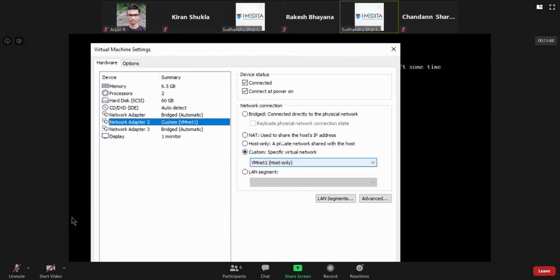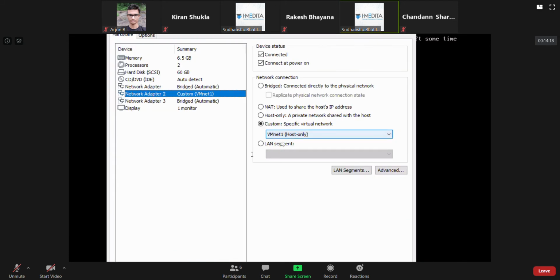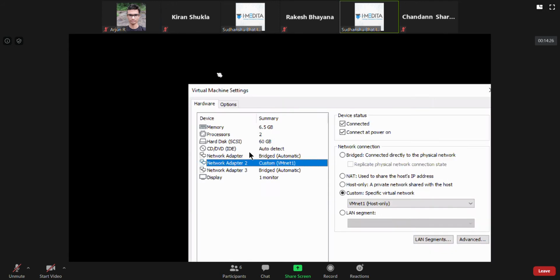What you see here is I have this connected to a VMnet. If you don't know what VMnet is, think of it simply like this: when you use virtualization, you create a network which you are going to use, and if two network interface cards are in the same VMnet, they are in the same subnet. My Ethernet 1/1 is part of VMnet 1. On this I have decided to give the 10.0.1.0 subnet.